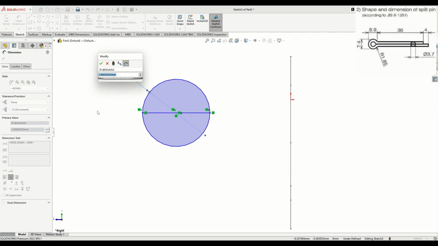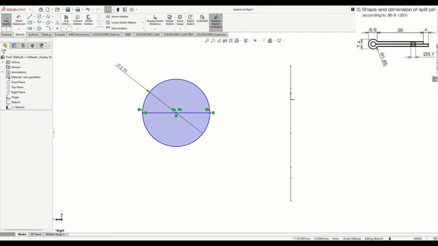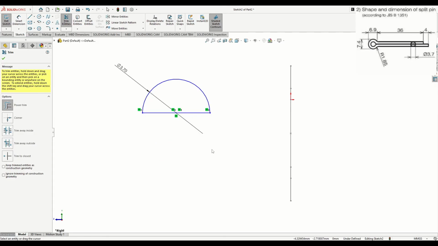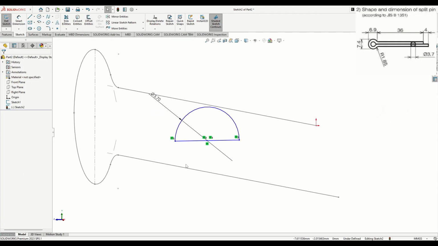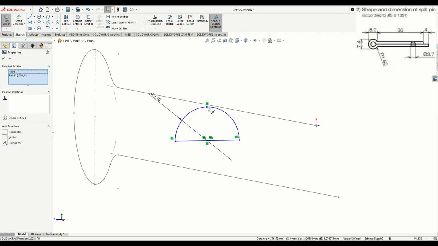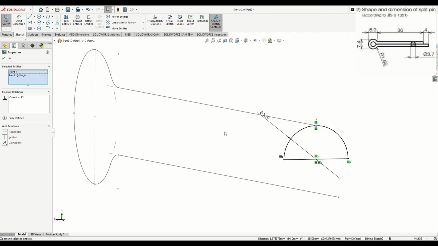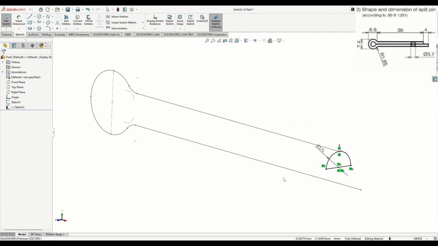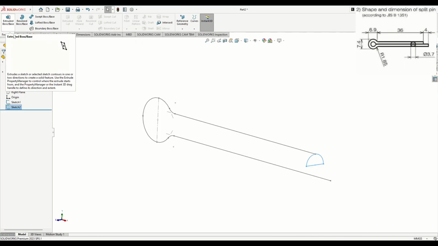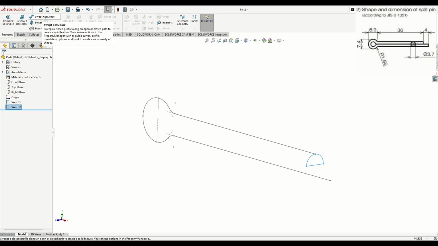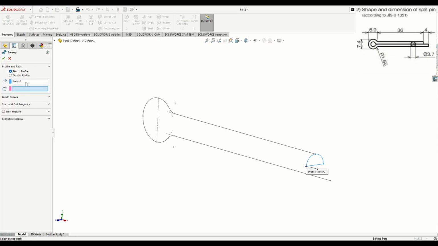This will have the diameter 3.7 millimeters, and now with trim entities command again, we'll cut this half of the circle. And now let's combine these 2 sketches. So select this point with this point and select here coincide. Perfect, this is everything. Now exit this sketch and go to swept boss base command, and here sketch 2 should be selected,